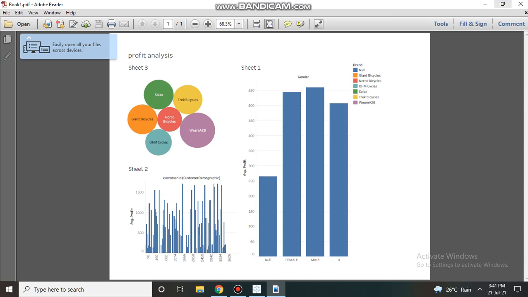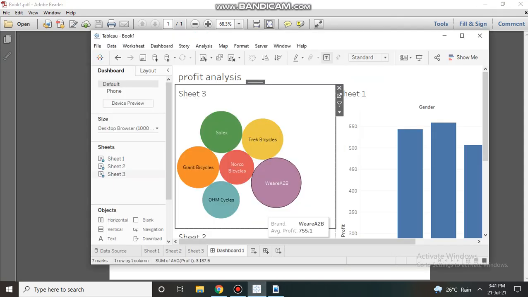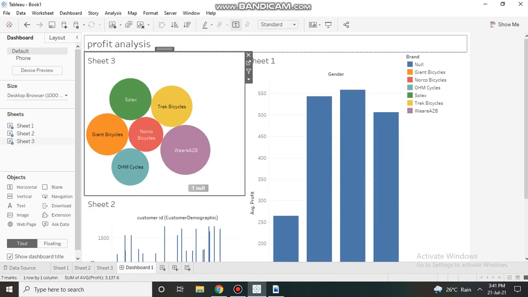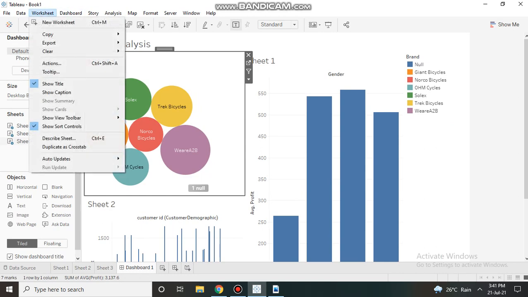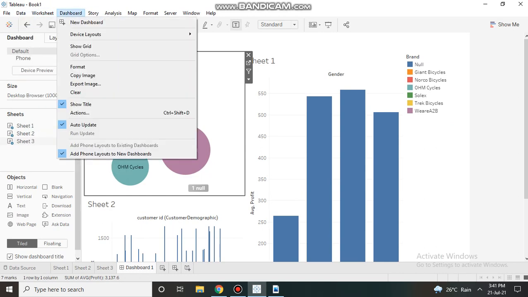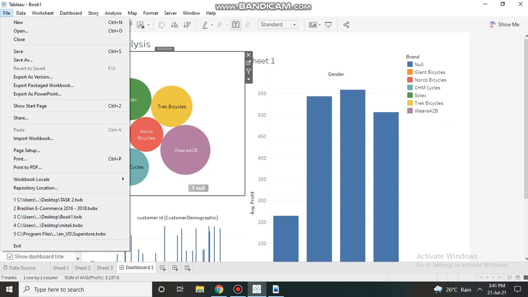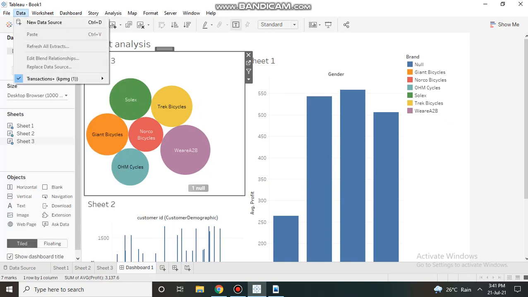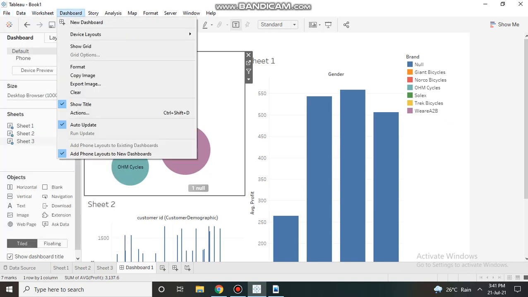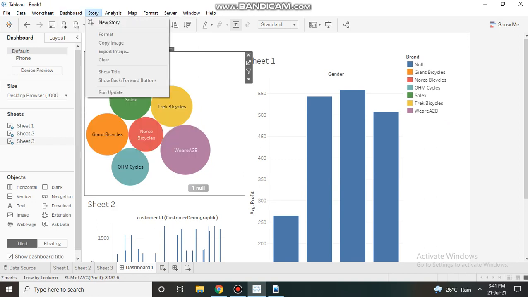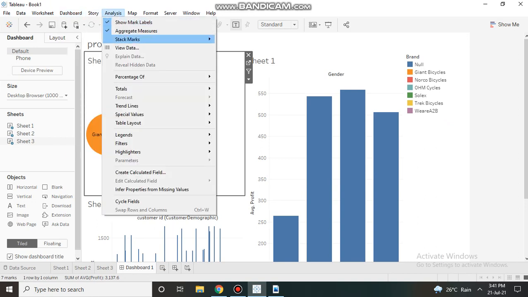So this is how you can easily make the graphical representation with the help of Tableau. And not only this, you can also do time series and forecasting. You can do many more things. You can analyze your data, you can forecast your sales, you can forecast many things on this. This is the trend. You can also show the trend lines and everything.